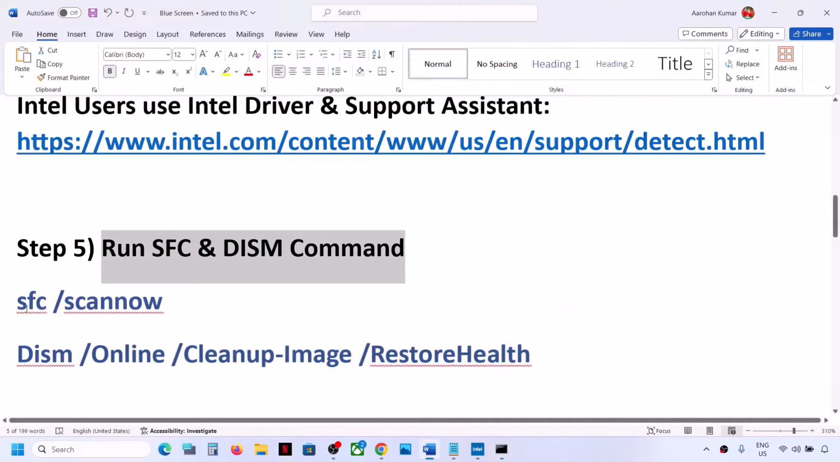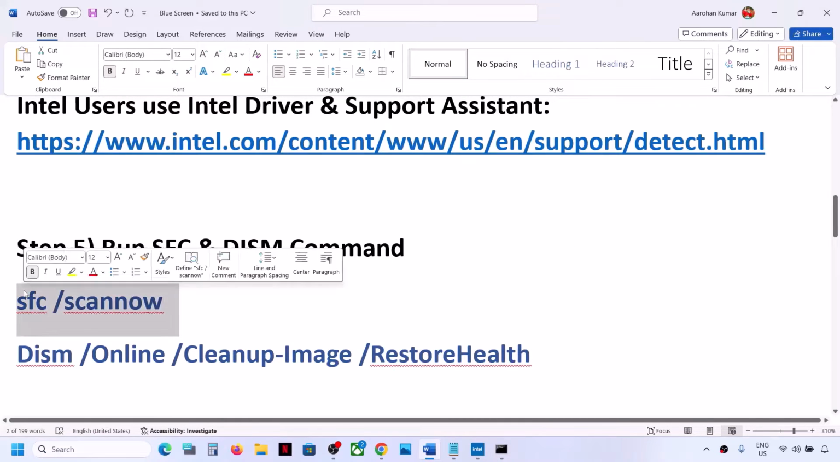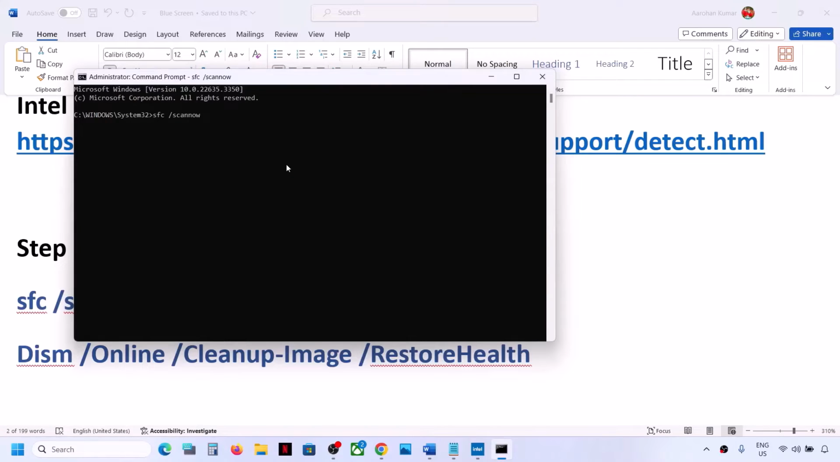Now copy the first command. This command is provided in the video description. Paste it over here, hit the enter key, and let the scan complete. Once the scan is 100% complete,